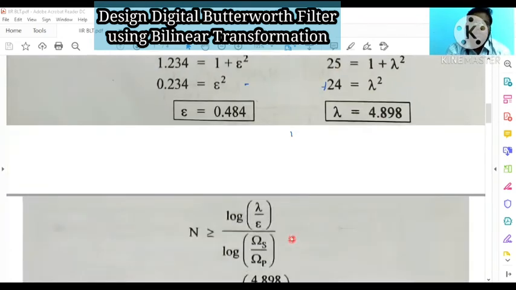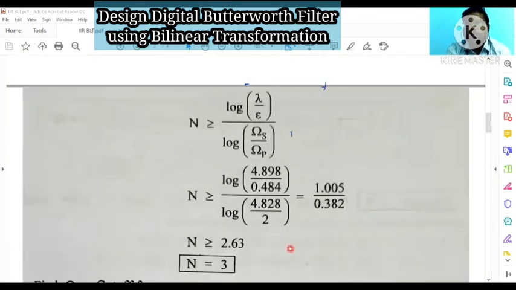Next we move on to the design procedure. That is step 1, to find out the order of the filter. That is, you need to calculate the N value, capital N. So here N is not equal to, N is greater than or equal to. Okay, this is very important here. You put the sign greater than or equal to, not equal to. If you put equal to, it means the answer you get is the exact value for N.